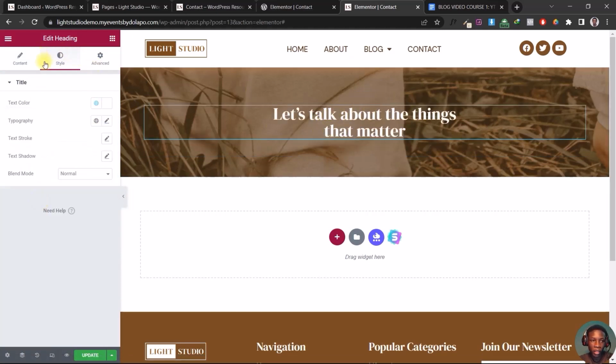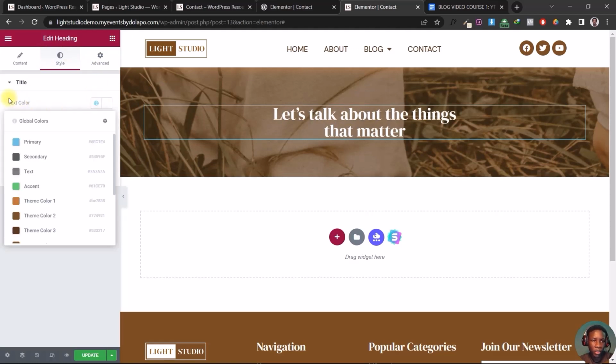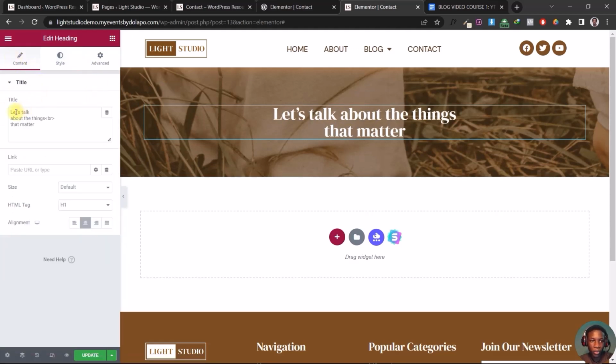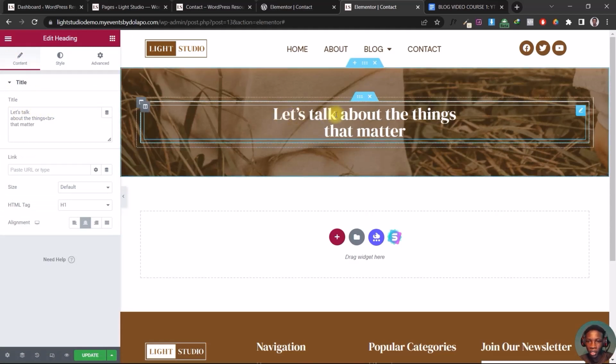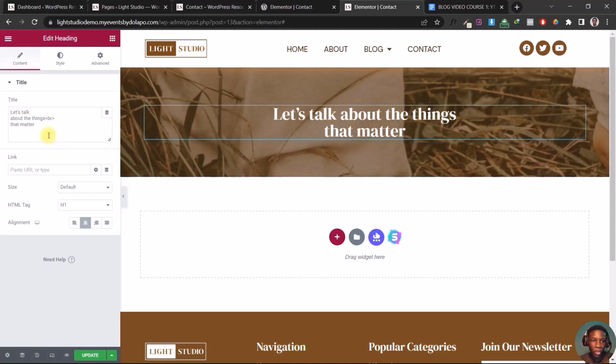Now the color is white. Or let me leave it as white. So when I come back here now, you can see how the thing is. Let's talk about things that matter. So if I remove this thing here,